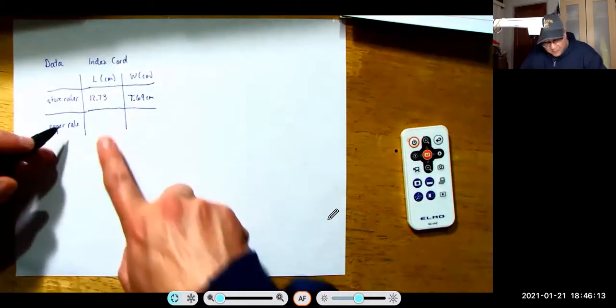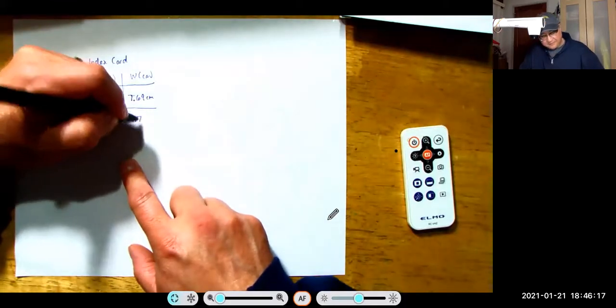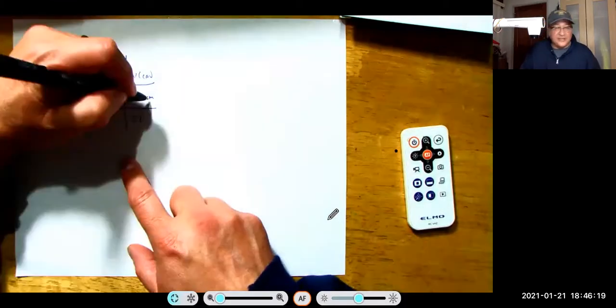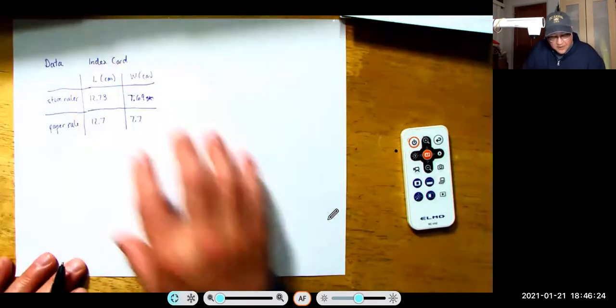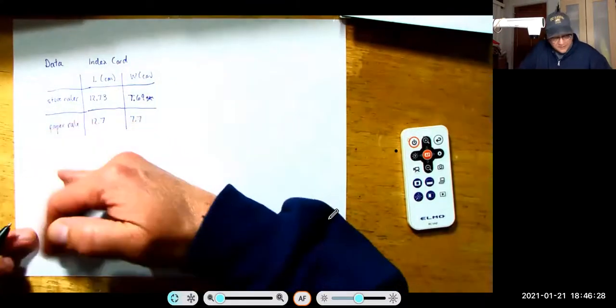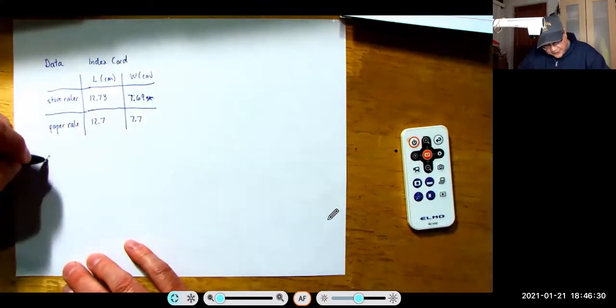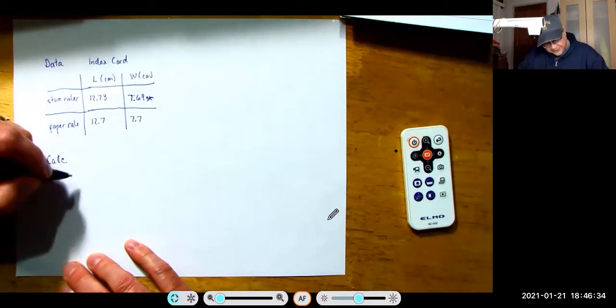And maybe for the paper ruler, we get 12.7 and 7.7. Oops, and I don't need that centimeters there, so I'm going to cross it out. So this is a nice little data table where I can look at those values. Now we're going to have more data below here, but for the calculations, the very first calculation, I do this: